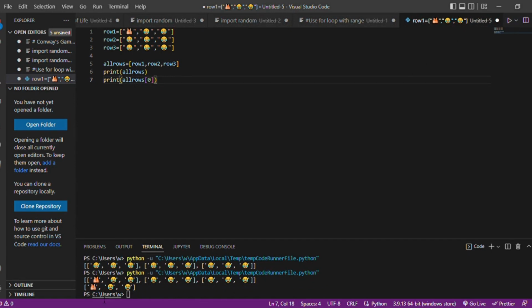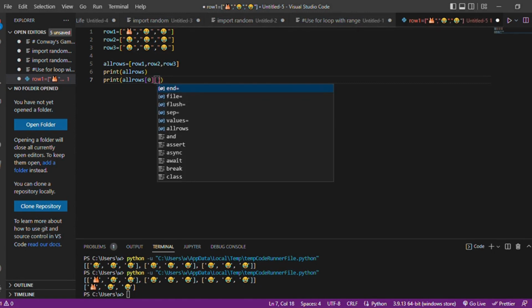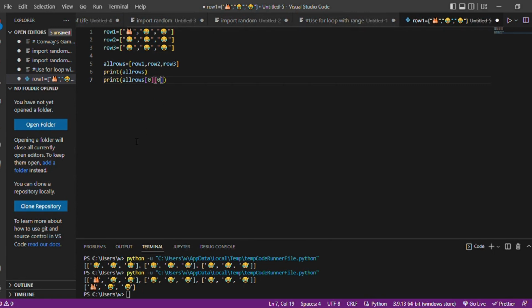We see that this bracket 0 will give us this very first one. You understand? It means it will give us row 1. So if you come inside here now and put another index, say another 0, it will give us this first item, because